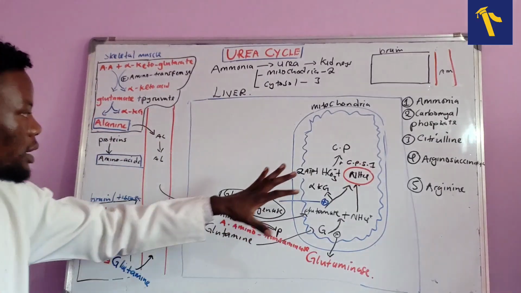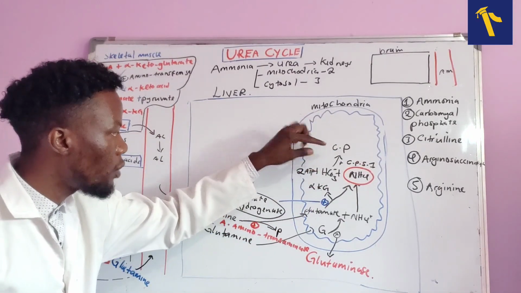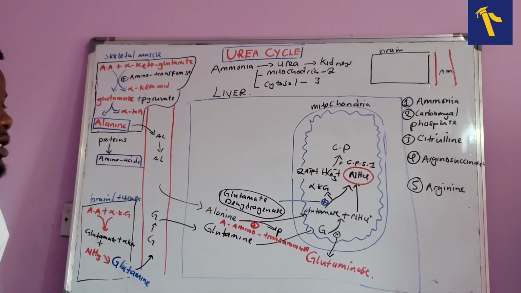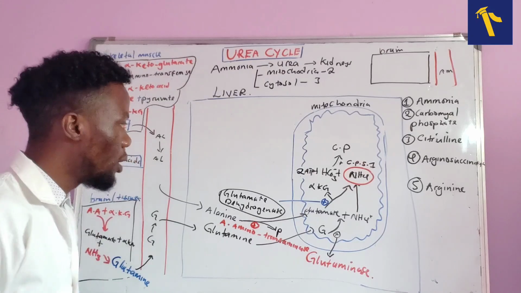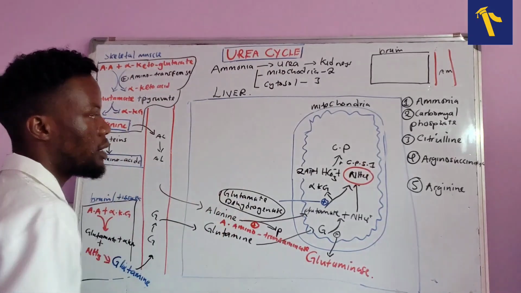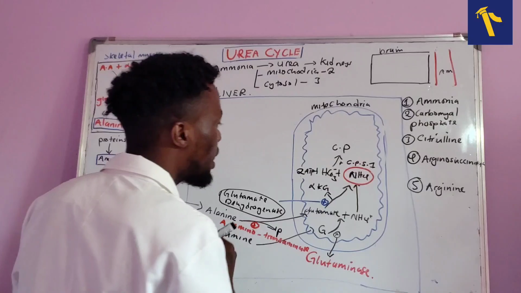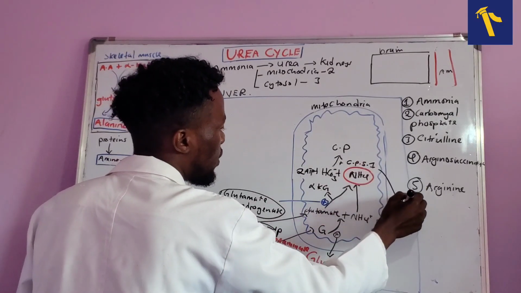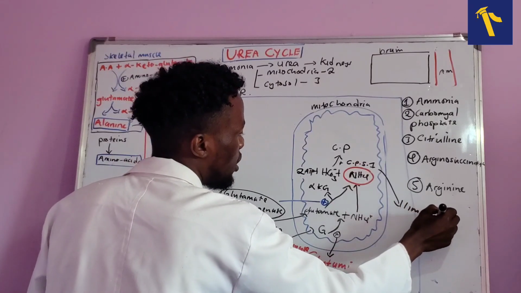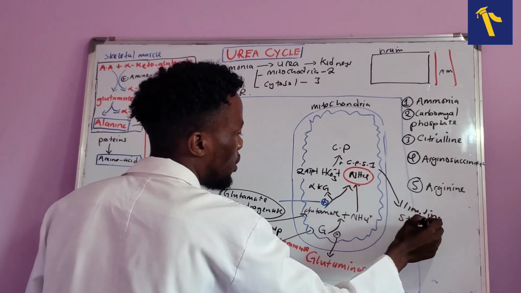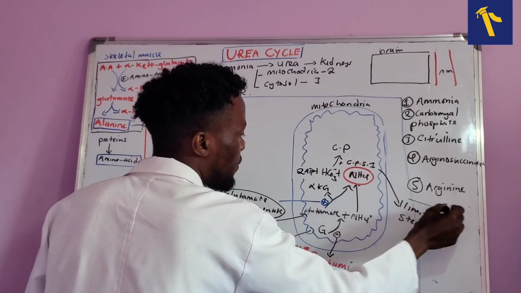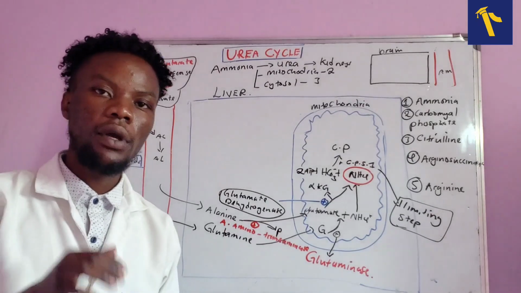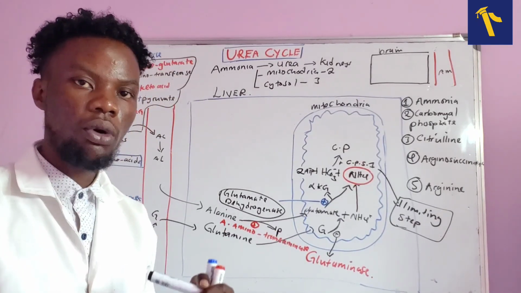This first process, where you are producing carbamoyl phosphate, is what we call the limiting step. This is the limiting process. It is a crucial process. Minus this process, the urea cycle can't happen. The other important concept we need to understand is that this is the limiting step, which simply means that minus this step, the urea cycle can't happen. It's the one that determines if the urea cycle will start or stop.